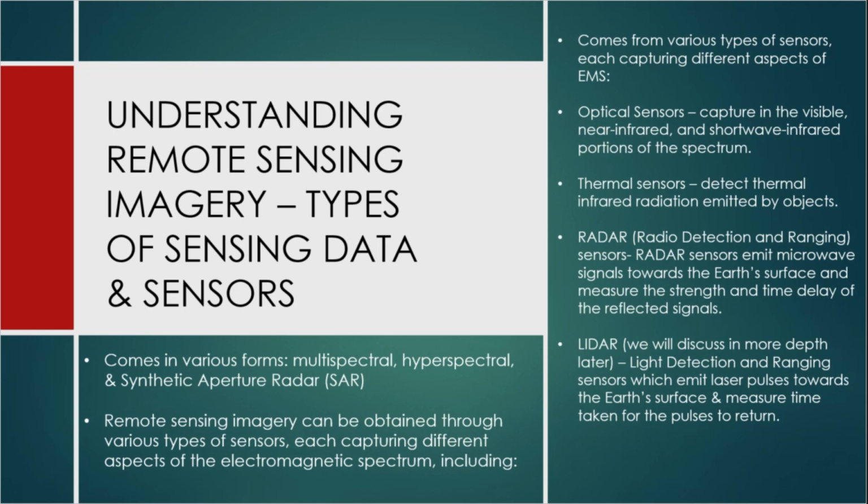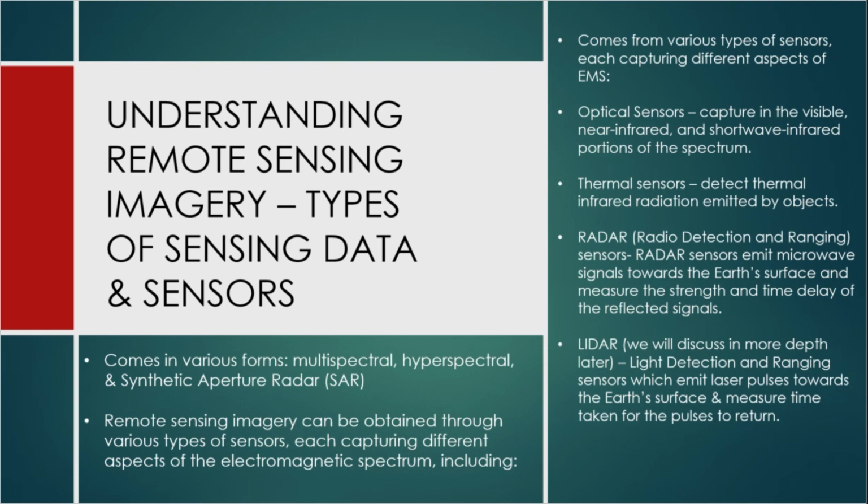So radar sensors emit microwave signals towards the Earth's surface and measure the strength and time delay of the reflected signals. They are particularly valuable for imaging through clouds, vegetation, and at night, making them suitable for applications such as terrain mapping, vegetation monitoring, and flood mapping. LiDAR, light detection and ranging sensors, and we haven't really talked about LiDAR too much, but